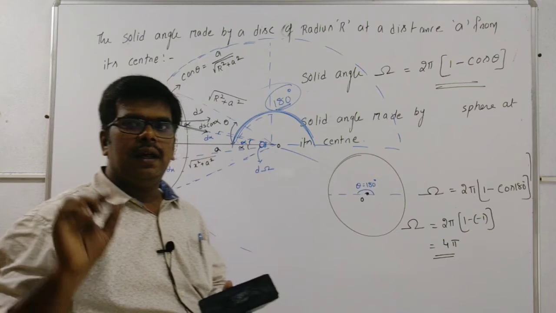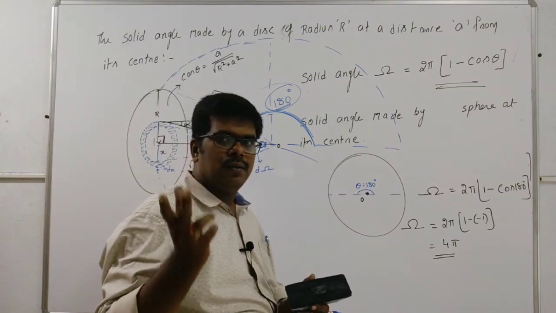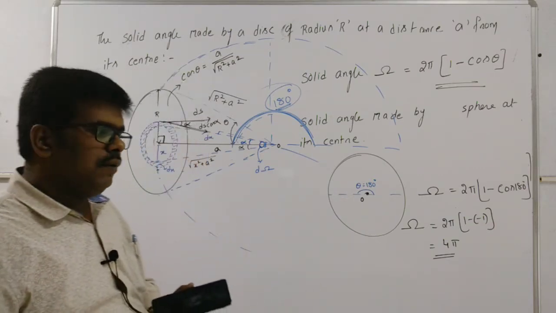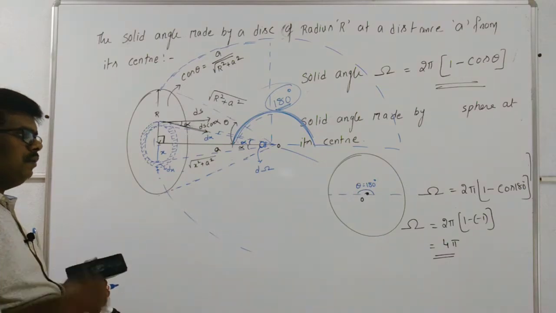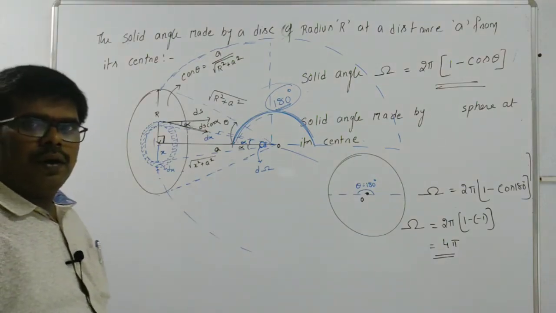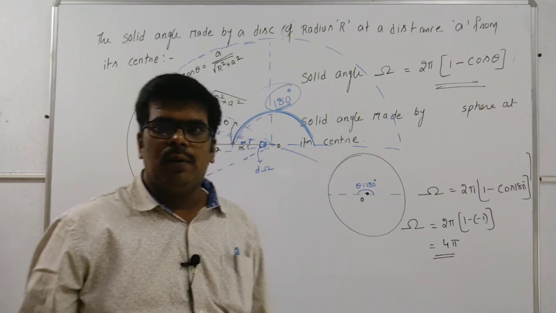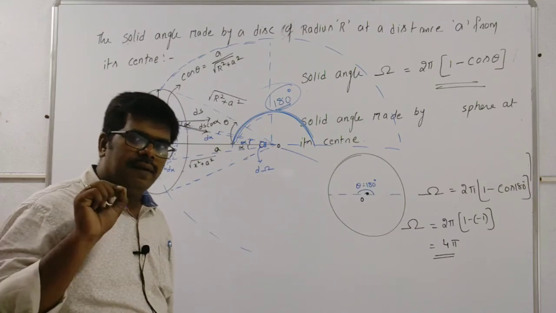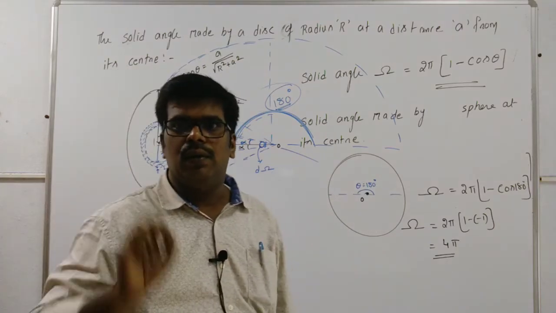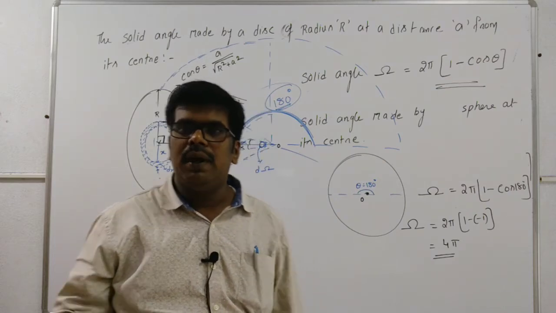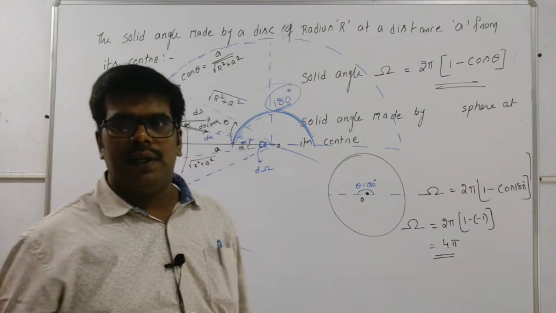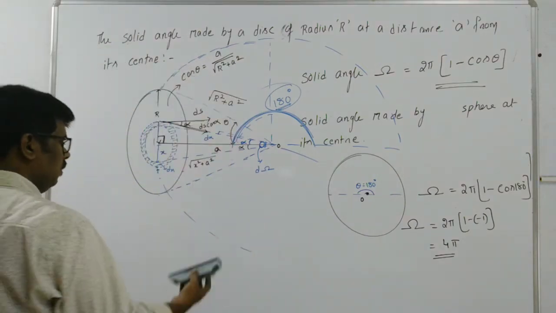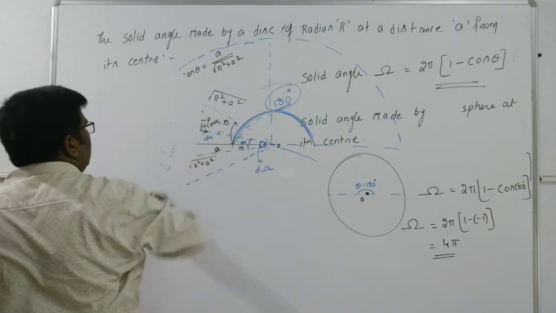Remember, it is very important: the total solid angle made by a hemisphere is 2 pi, and the solid angle made by the complete sphere is 4 pi. Based on this, we can find the flux if a small part of a charge is present, for example if a charge is inside the sphere at the vertex of a cone. What is the flux through it? Based on this you can understand it well. Let us see.